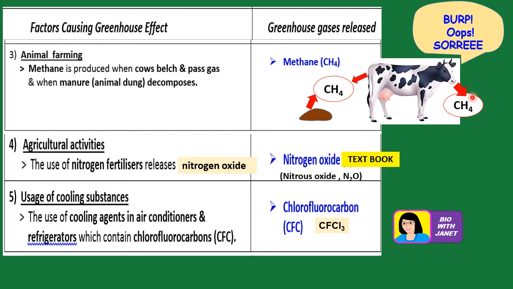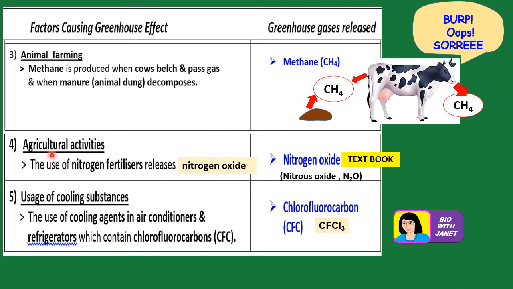Okay, and then another way is through the backside. When they pass gas, or kentut or fart, F-A-R-T. So students like to hear all this, and when I say shit also, some students are very happy. So the shit also is another contributor of the methane, because when it decomposes, it's decomposed by bacteria, it produces methane too. All right. So if there's only one cow, there won't be much methane produced. But because in the world today, many cows are reared for their milk and their meat, a lot of methane is produced that goes up into the atmosphere, and together with carbon dioxide, they absorb the heat and cause global warming.